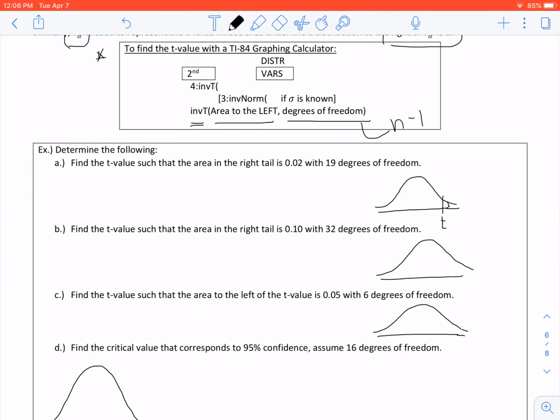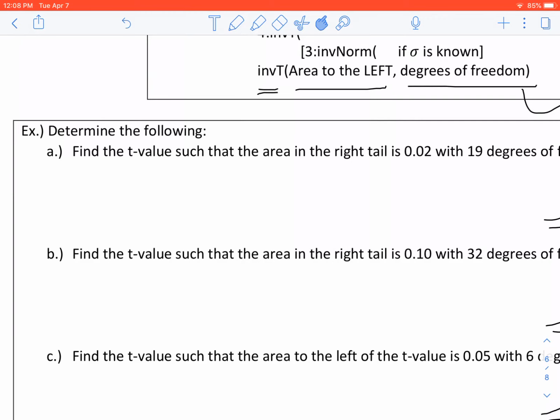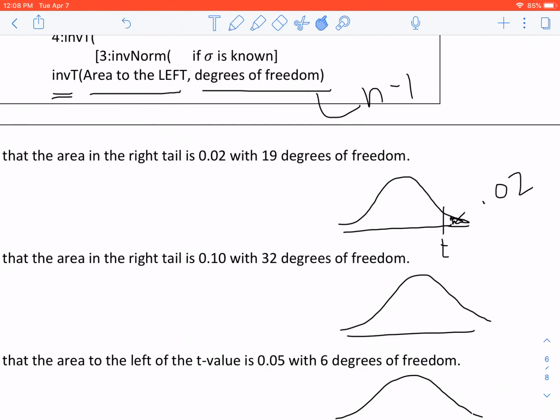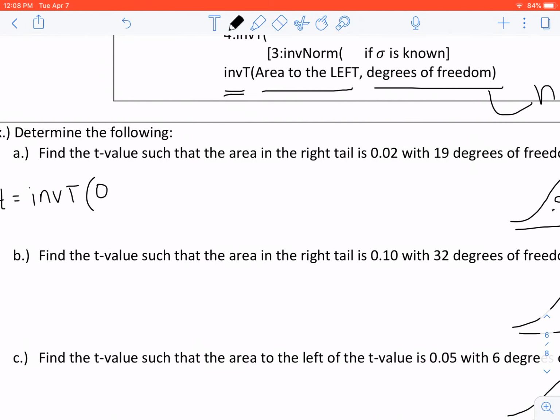So here's our t, where this area in this little right tail is 0.02. So in order to do this, we need to have inverse t. So our t value is going to equal inverse t. It's the area to the left, and the area to the left is going to be, because the total area under the curve is 1, 0.98. So I'm going to put in 0.98, comma, degrees of freedom,